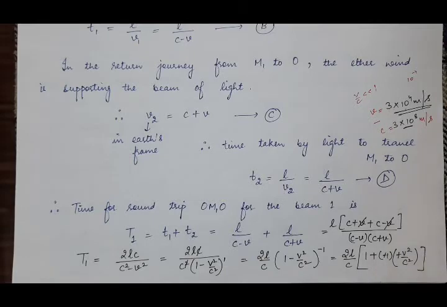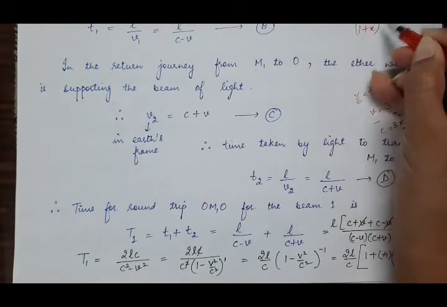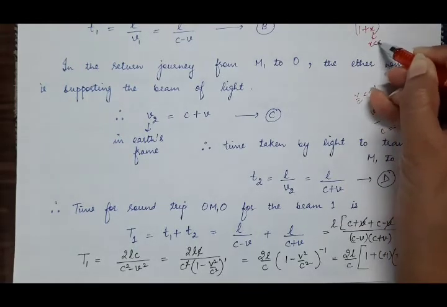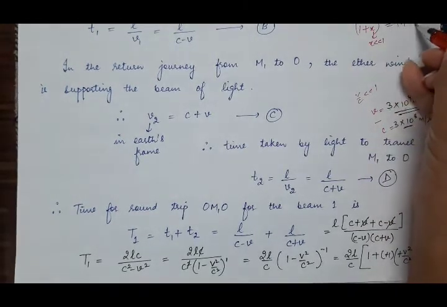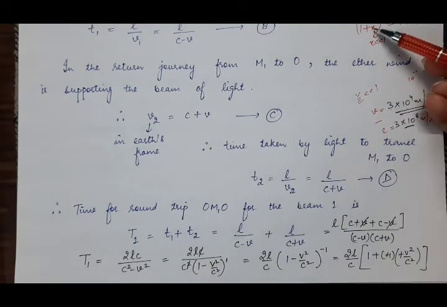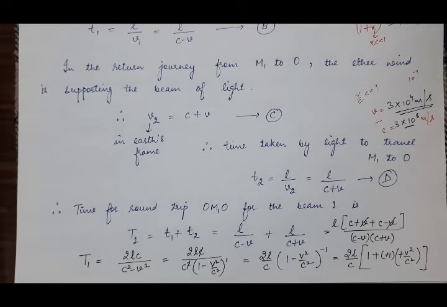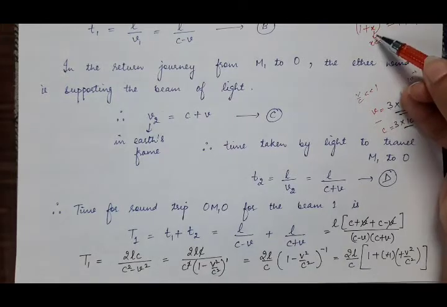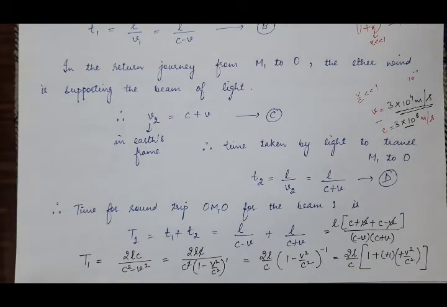It means the value v by c is very, very less than 1. And we know that whenever we have this value less than 1, then we can apply the binomial theorem here. 1 plus x raised to power n, and if this x is less than 1, then you can use the binomial theorem. Higher terms will be neglected. Why? Again, because this x is small, then in higher terms we will have x square, x cube, x4 and so on, which will make the value of x square, x cube, x raised to power 4, x raised to power 5 even smaller than x. So the higher terms are neglected.